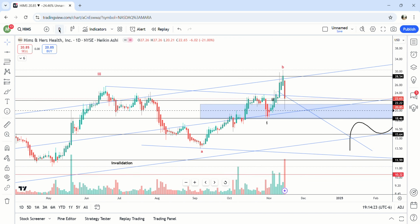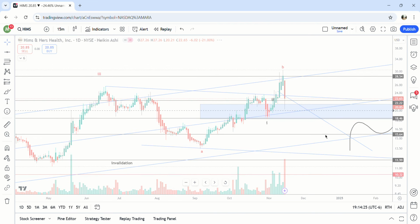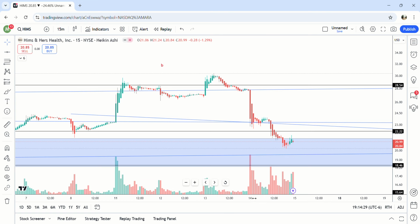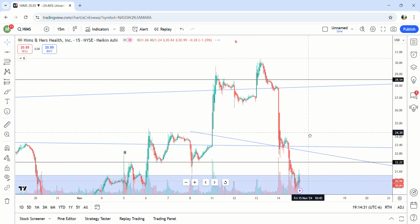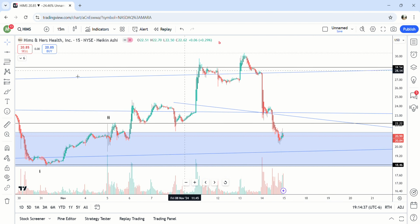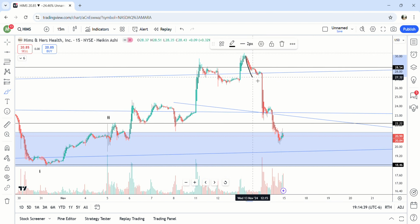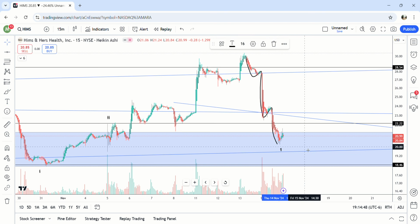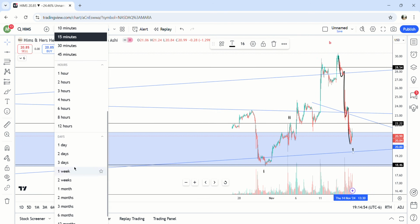But this move here on smaller time frames held the 50 DMA and likely finished. This is likely finished here. You can see we have 1, 2, 3, 4, and 5. Likely it's finished. So I'm going to assume this is wave 1. It could be a shorter wave C. It is in a big demand zone. It did hold